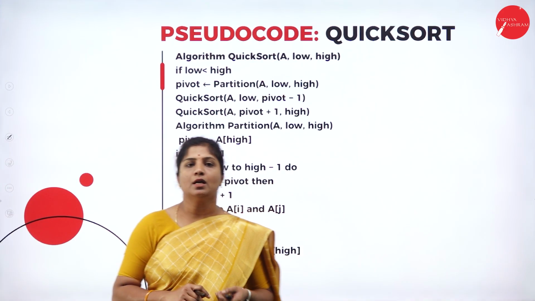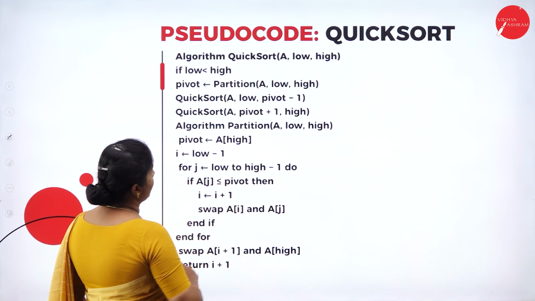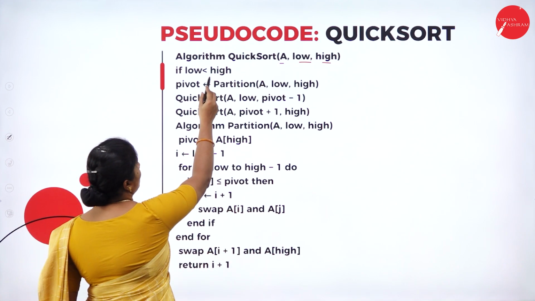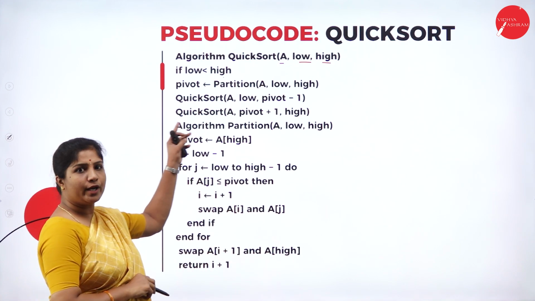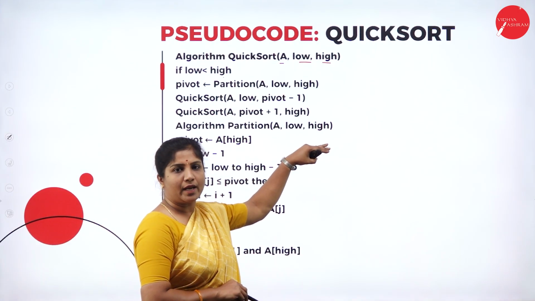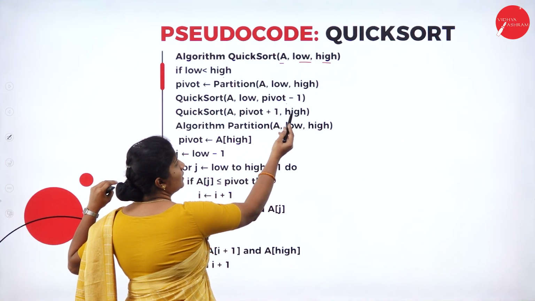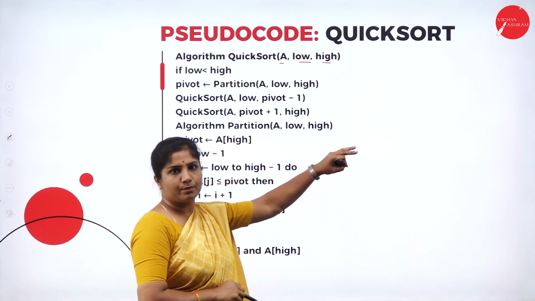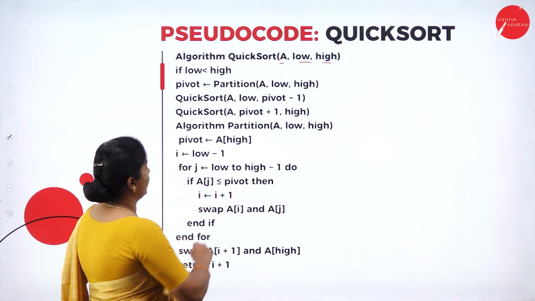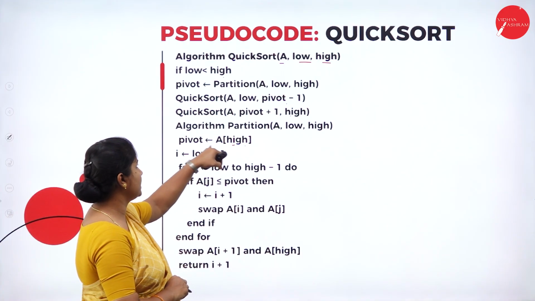Next, we will look into the pseudo code of quicksort, how we need to write it. In the first part, we have an array and a low and high value, right? So if low is less than high, then it's going to partition. As I said, after choosing a pivot value, it's going to place the lesser numbers to the left of the array, and the larger numbers to the right of the given array. Okay, so after placing that, it's going to take pivot as A of high, which means it takes the last element as the pivot element.